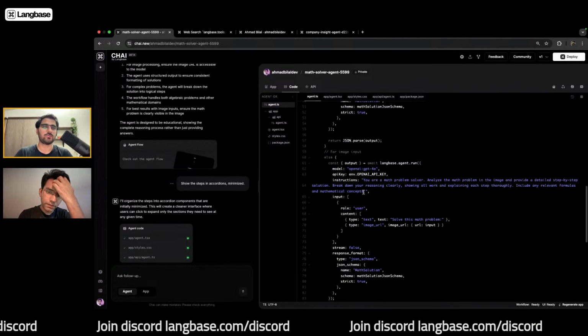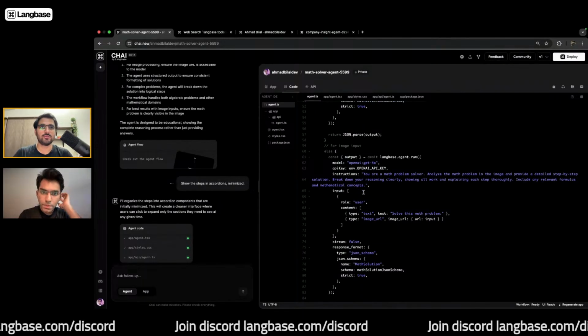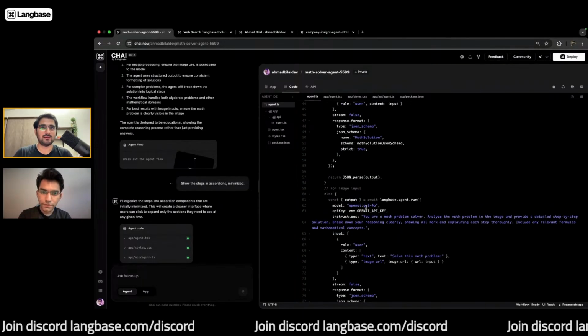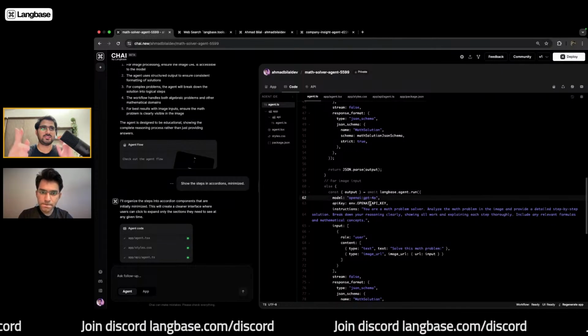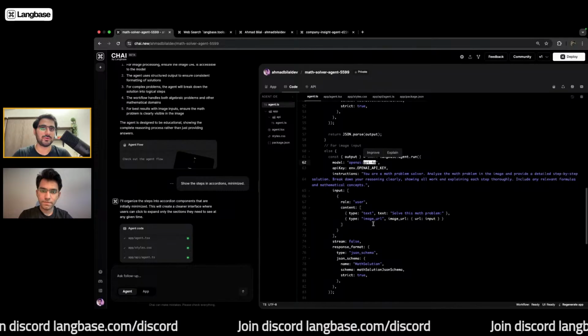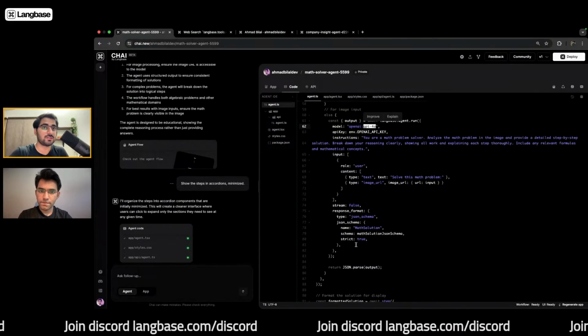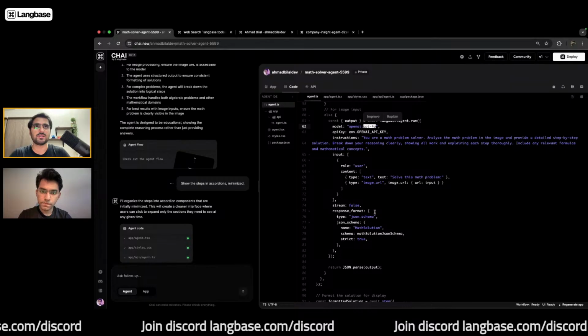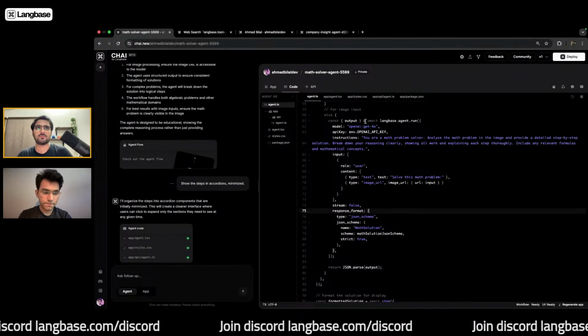Awesome. So Chai was intelligent enough to use a better model for the step that was important, which was where we were using the structured outputs. So it's actually using the GPT-4 model, which is a decent one.